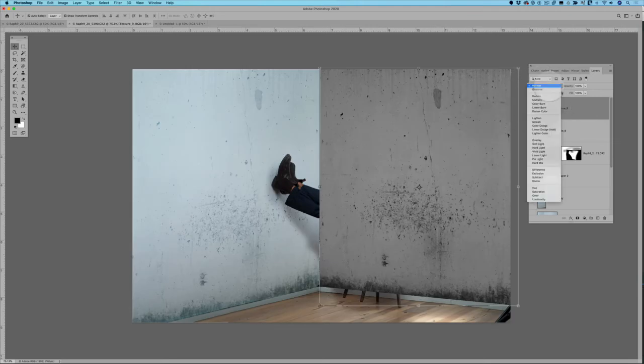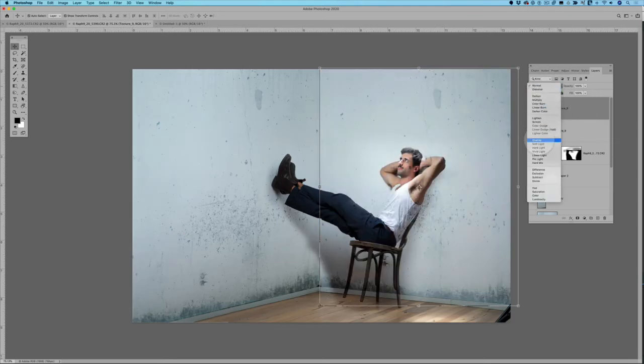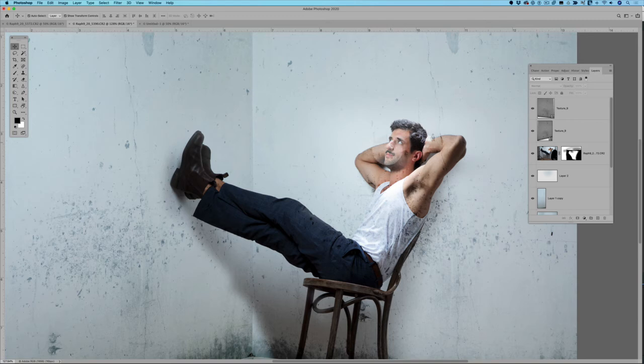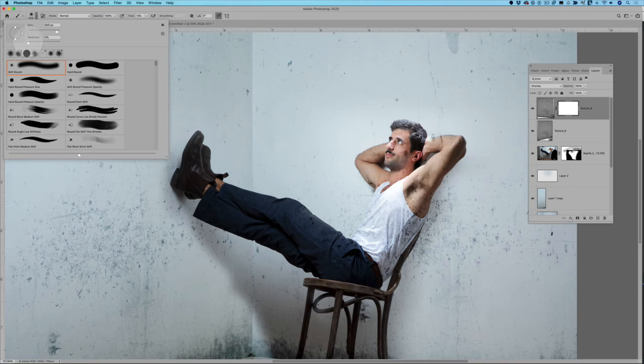And again, change my blend mode to overlay, hit OK. Now, you're going to notice that the texture is also on my model. So to clean that up, I'm just going to add a little layer mask to that. Select black as my foreground color, brush, blend mode normal, 0 hardness, opacity 100%, start with a low flow, reduce my brush size,